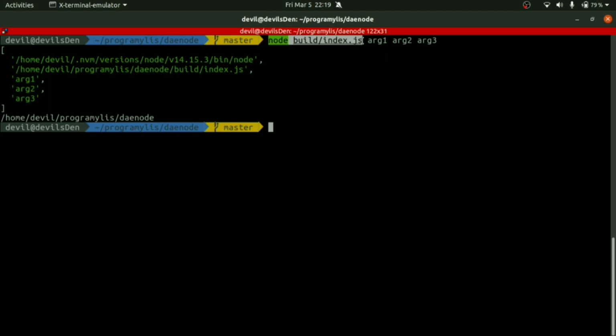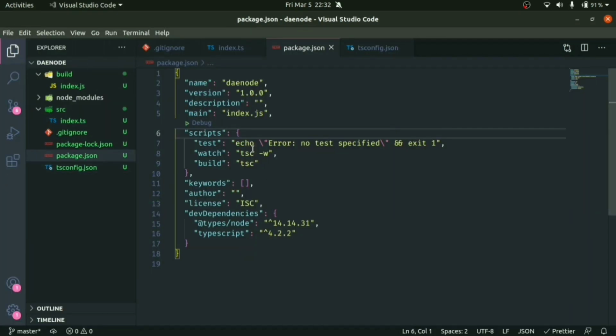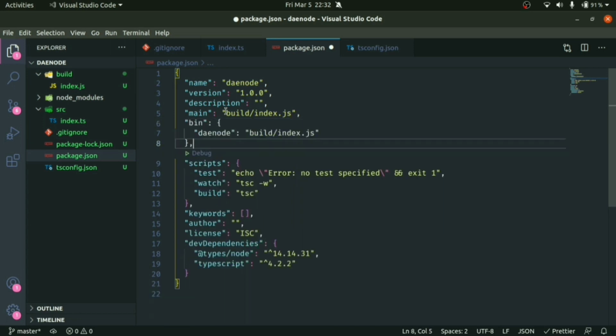every time to run it using node build/index.js. We want something like dnode and then some random file name which we have to run. So now to achieve this, we'll make a few changes to our package.json. First, inside our package.json, we'll change our main from index to build/index.js, which means we are changing the entry point of our code. And next, we'll add a binary, which means that we can run this file, build/index.js, from the command line using the command dnode, which we want.